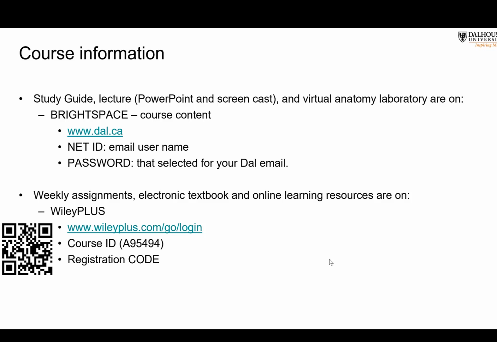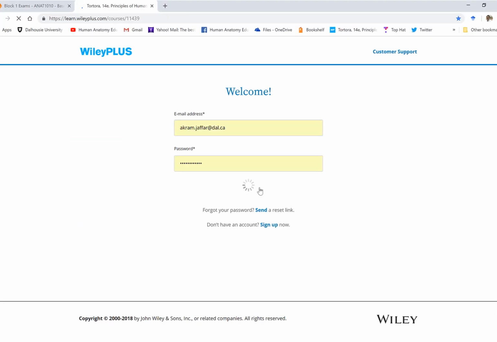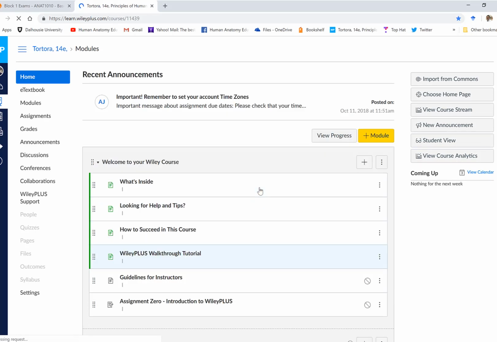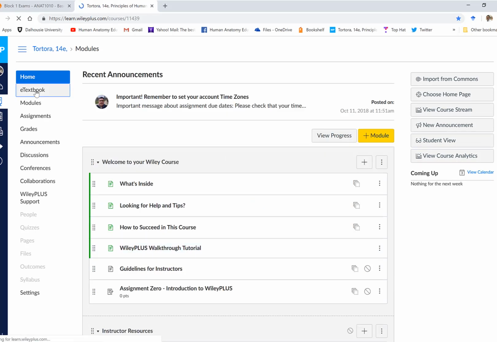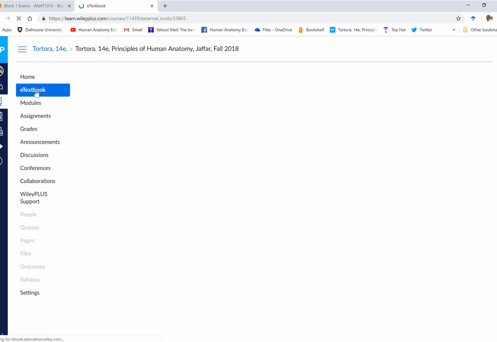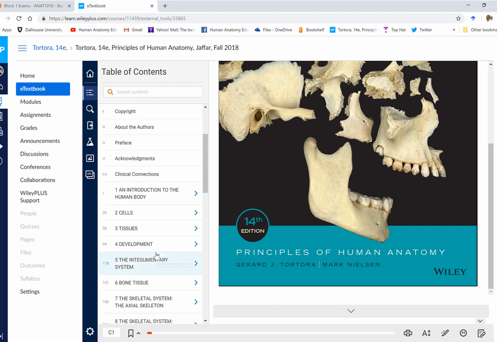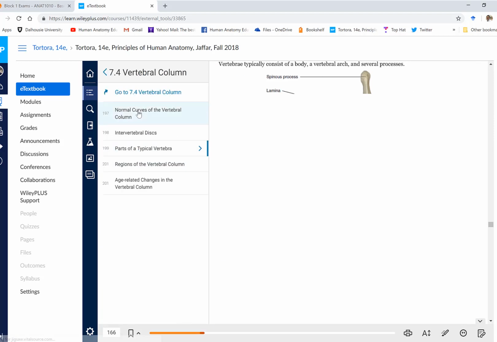Now I will go to Wiley Plus. And this is the Wiley Plus platform. I can freely access the textbook now, the e-textbook, Tortora and Nelson Principles of Human Anatomy. So here's the textbook. You can go here to chapters, sections, and so on. You will need to